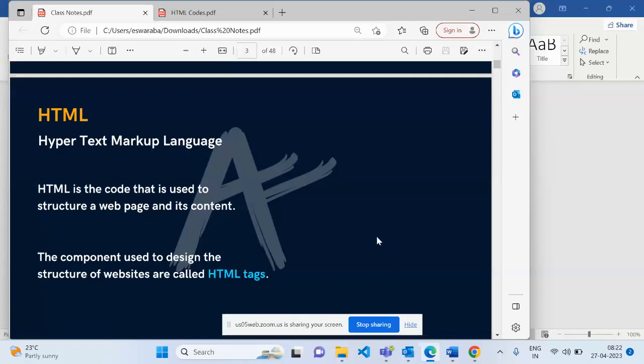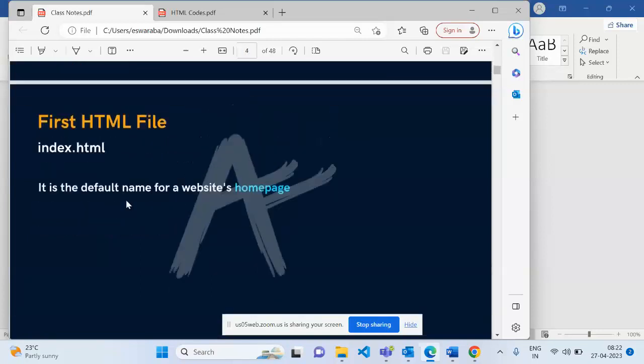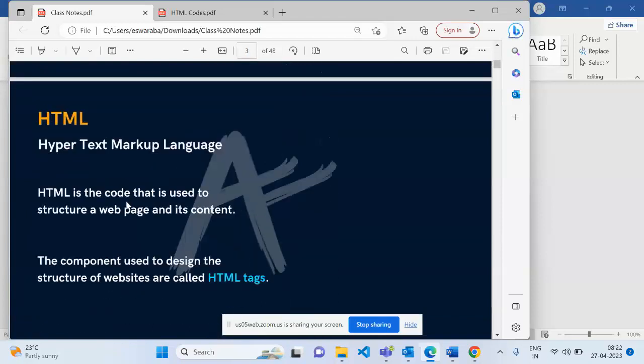So now we will go step by step. What is HTML? HTML stands for Hypertext Markup Language. HTML is the code that is used to structure the web page and its content. The components used to design the structure of the website are called HTML tags.